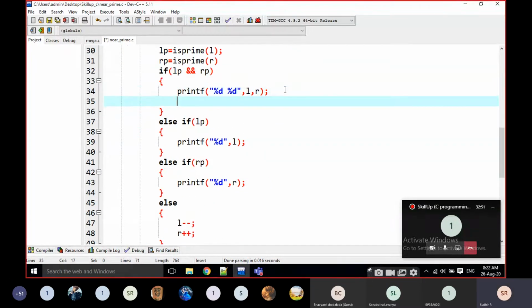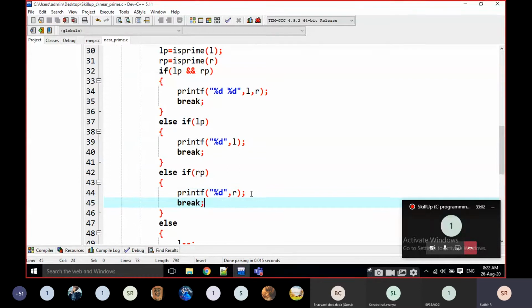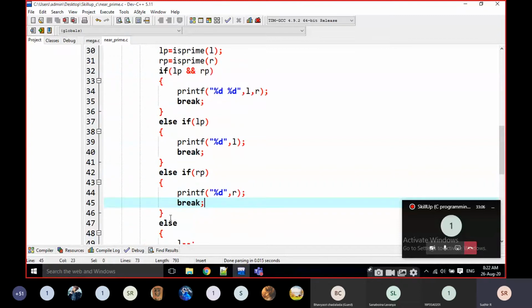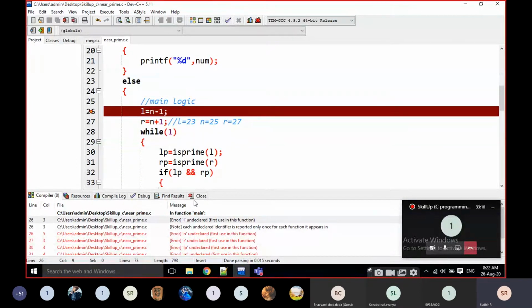And I have to break every time. For all the 3 times, I have to break this loop. I have to break all the three lines. Not in this case, not in this case. In all the remaining cases, I am going to break the loop. Just I am going to execute it.